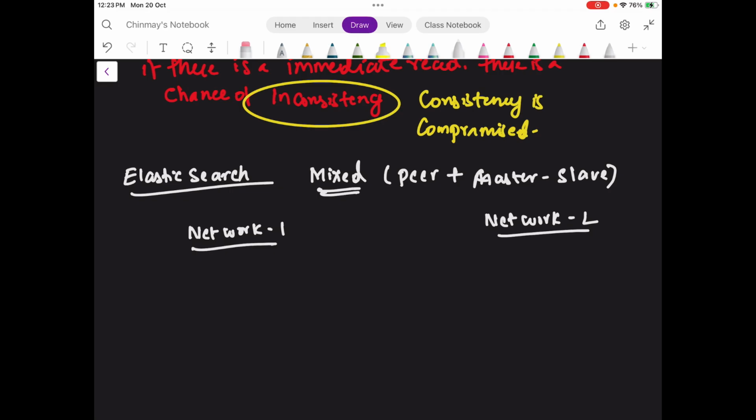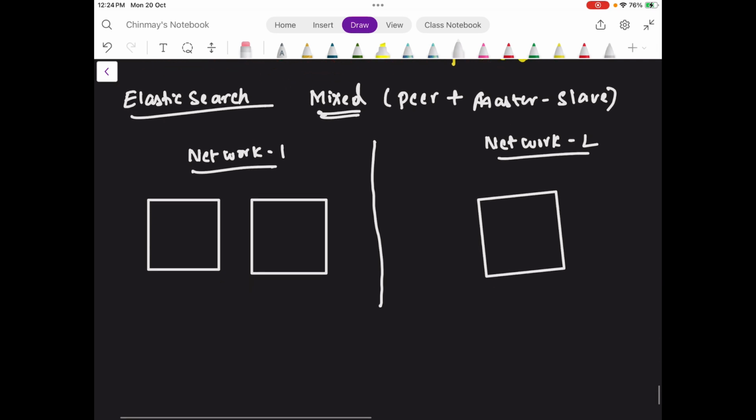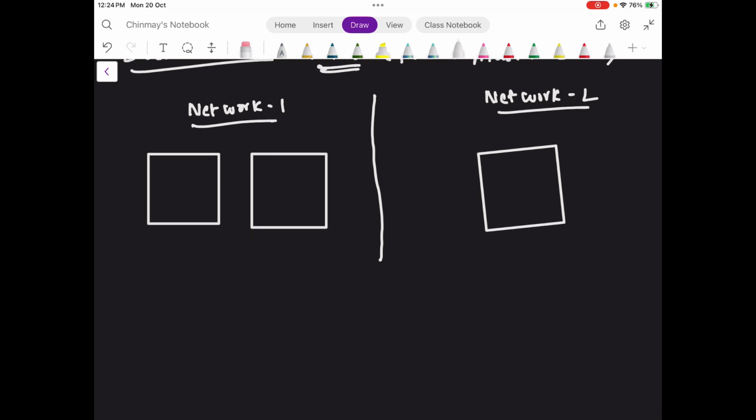Let's see here. There is network 1 and network 2. We have two nodes, two replicas. In network 1 there are two replicas. In network 2 there is one replica. Here, how Elasticsearch works, we need to understand. The first one is